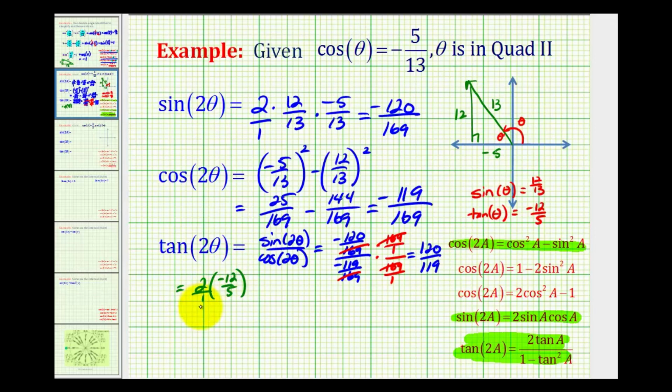Put this over 1, divided by 1 minus tangent squared theta. So we'll have 1 minus negative 12/5 squared. So our numerator is going to be negative 24/5 divided by, here we're going to have 1 minus 144/25,